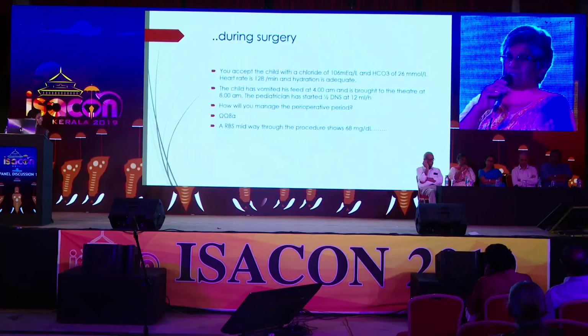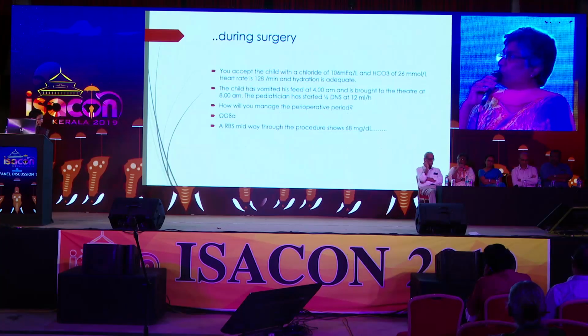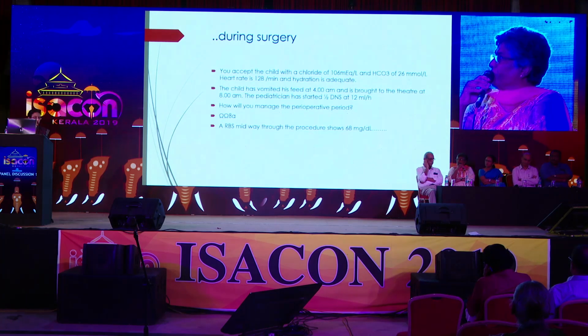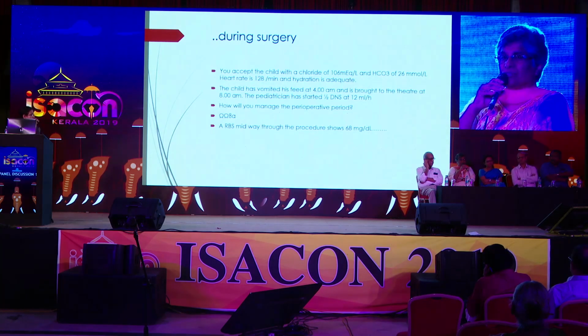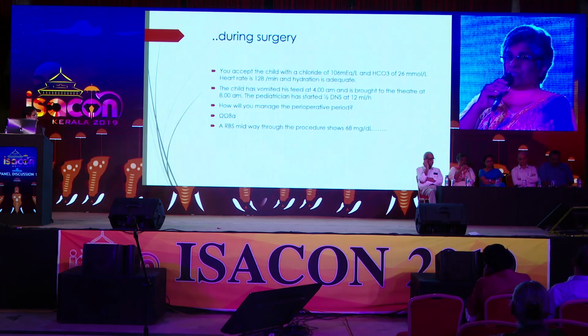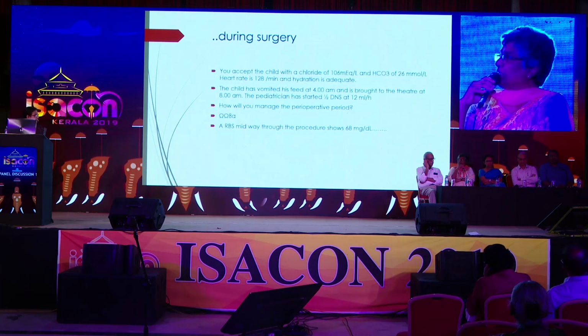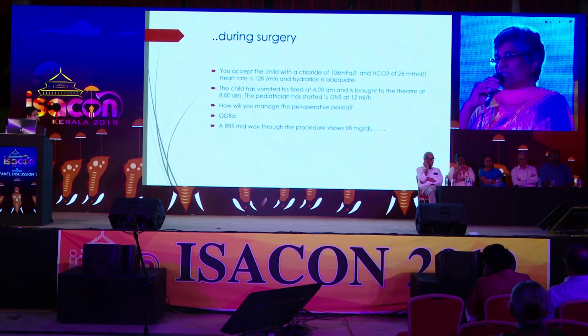Now, if the blood sugar shows 68 milligram per deciliter, this is not very low blood sugar in a child who's only a month old. So I wouldn't worry too much. I would continue because I'm giving 5% dextrose with normal saline. Now, what is your rationale to use 5%, ma'am, in this case? This was because it was going on already.